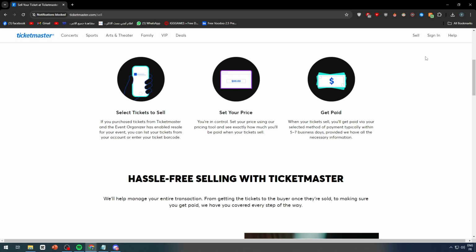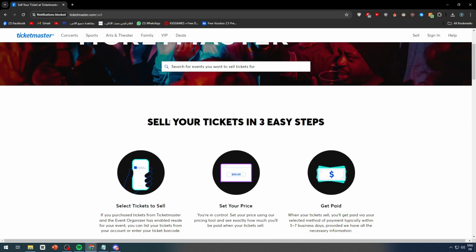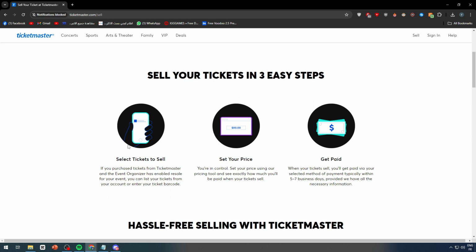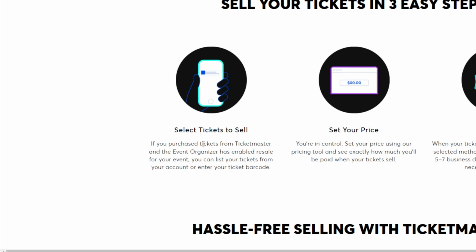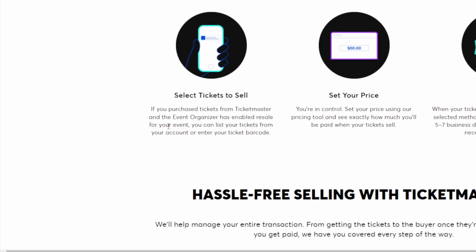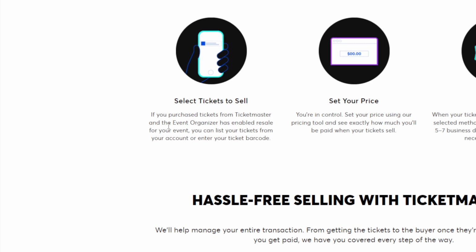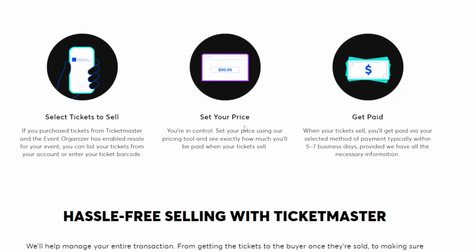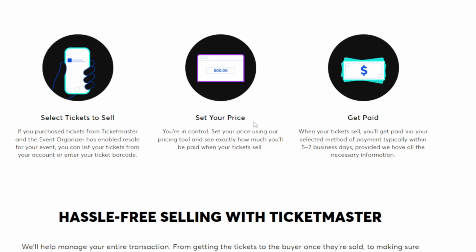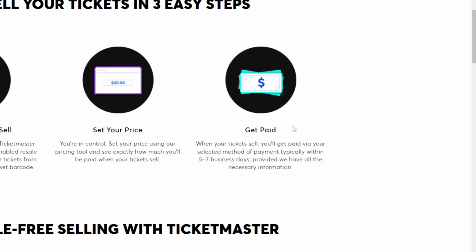But now, how can we actually sell our tickets? So here you can sell your tickets in 3 easy steps. Select tickets to sell. If you purchased tickets from Ticketmaster and the event organizer has enabled resale for your event, you can list your ticket from your account or enter your ticket barcode. Set your price, so you are in control. You can set your price using their pricing tool and set exactly how much you will be paid when your tickets are sold. Then get paid when your tickets sell,